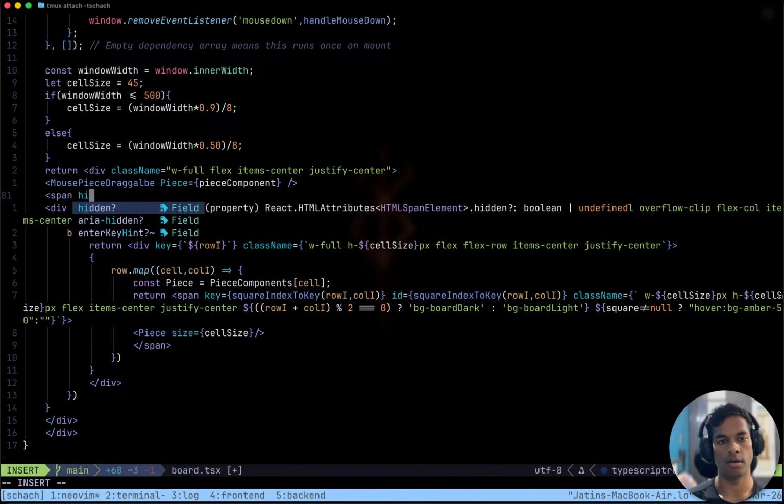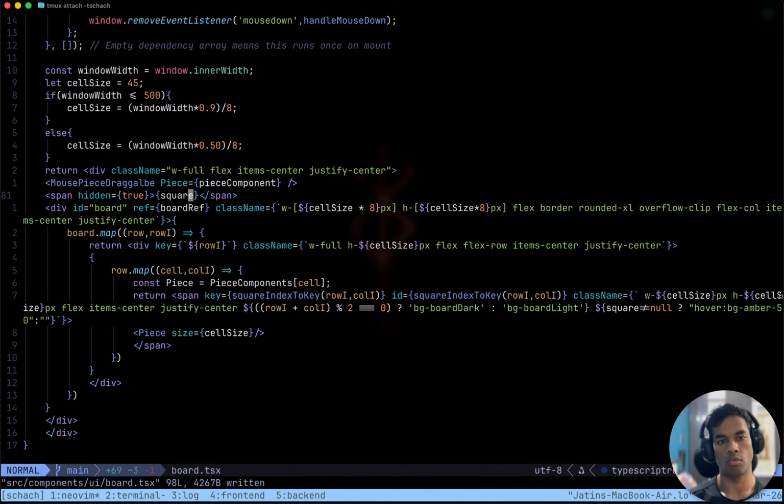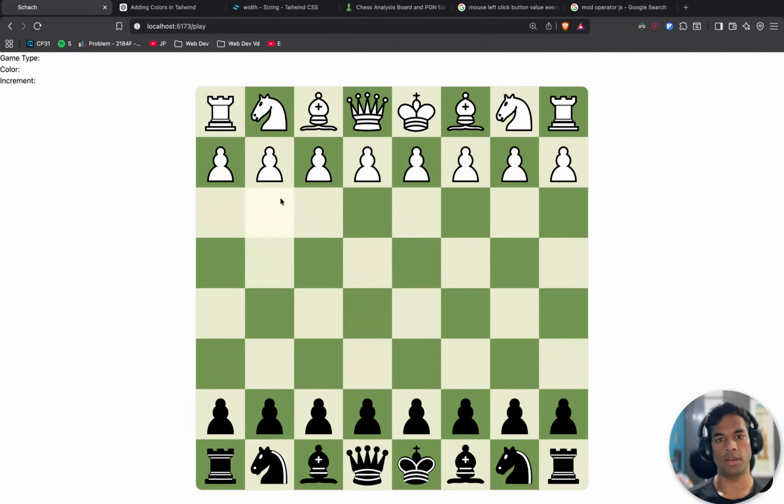If I have a hidden equals true span here, and internally I use, what does that look like?